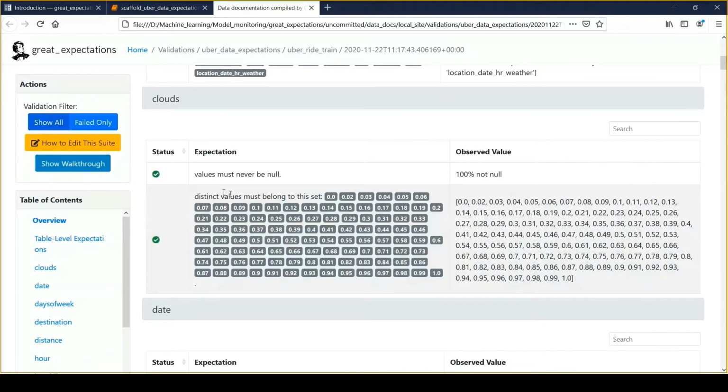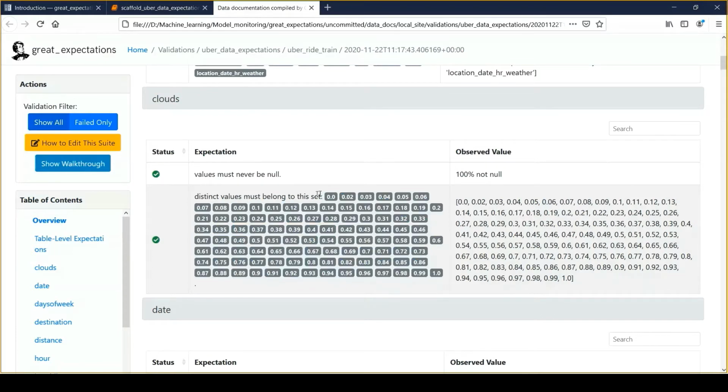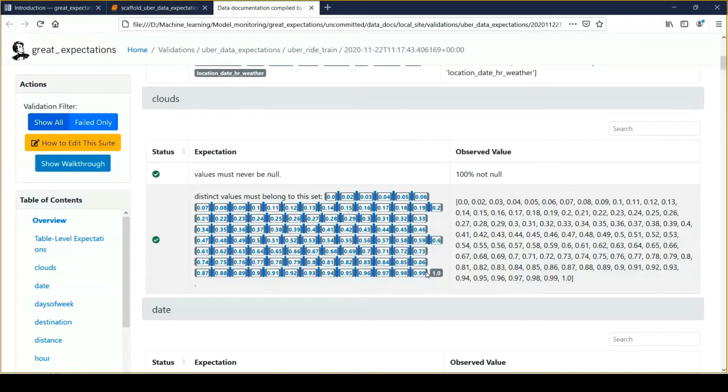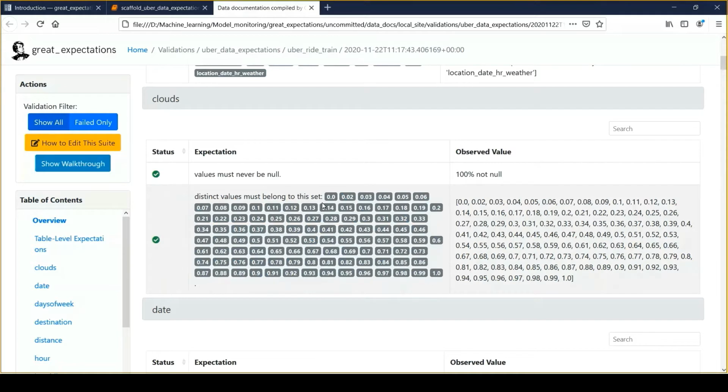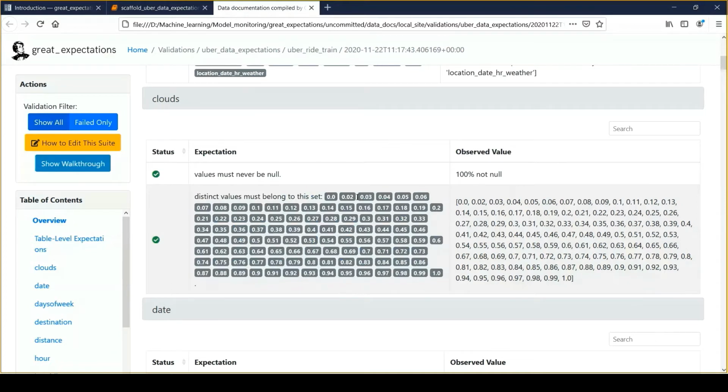If you feel that the value for the clouds field should be in a different range, then you can define it. Or if you find that we'll have different variations of clouds, then you can change the data type and add a different set of expectations. Depending upon whatever it can see, it will define it.